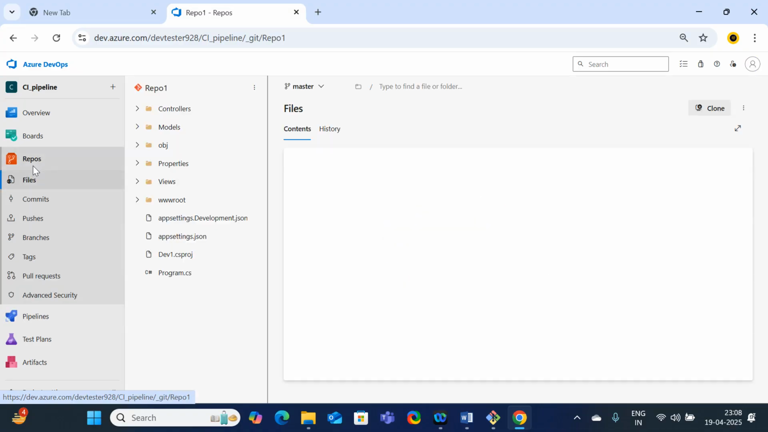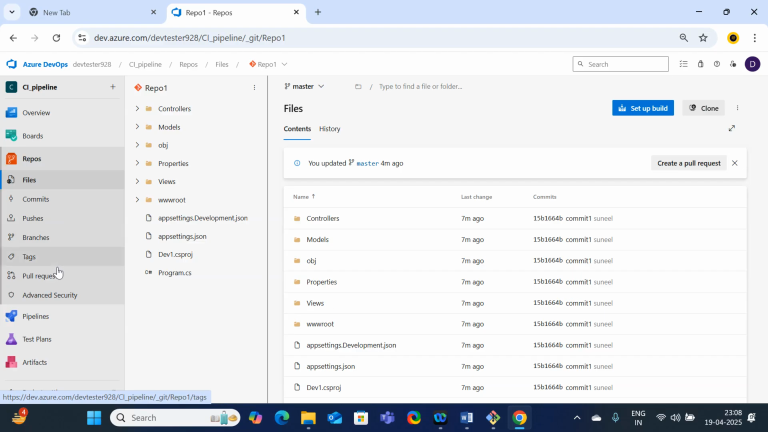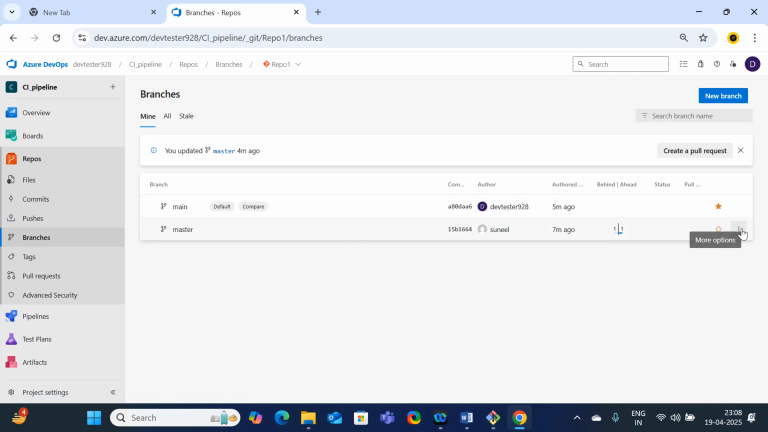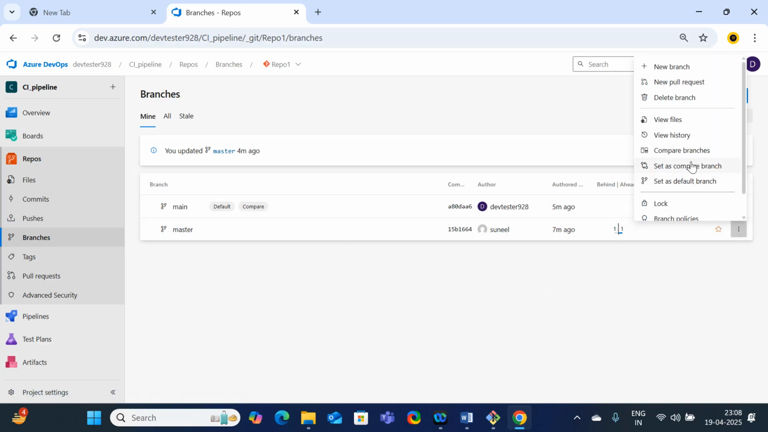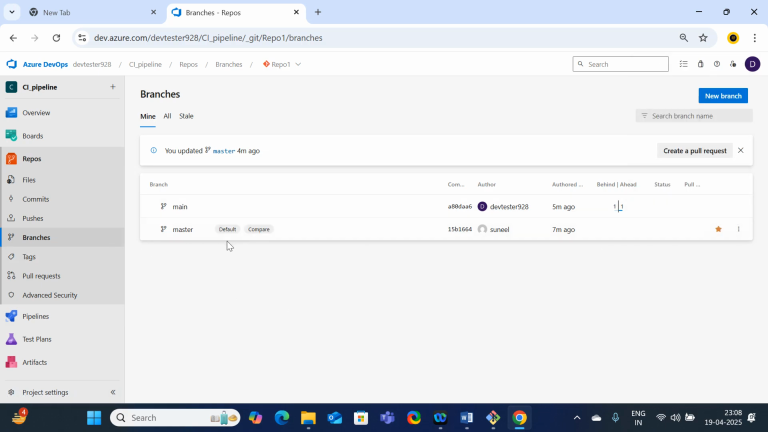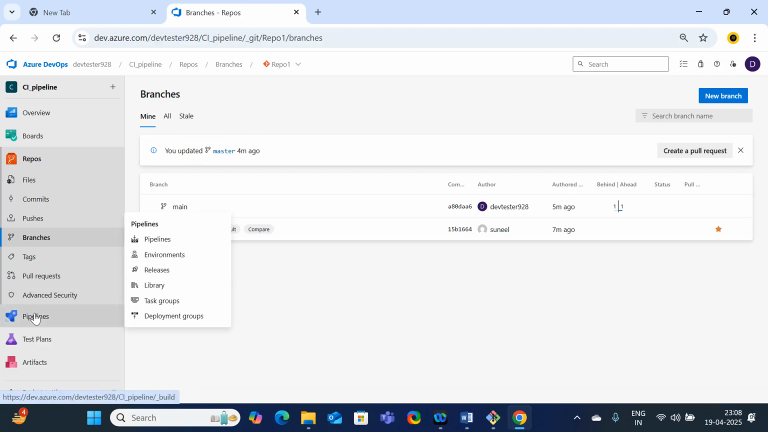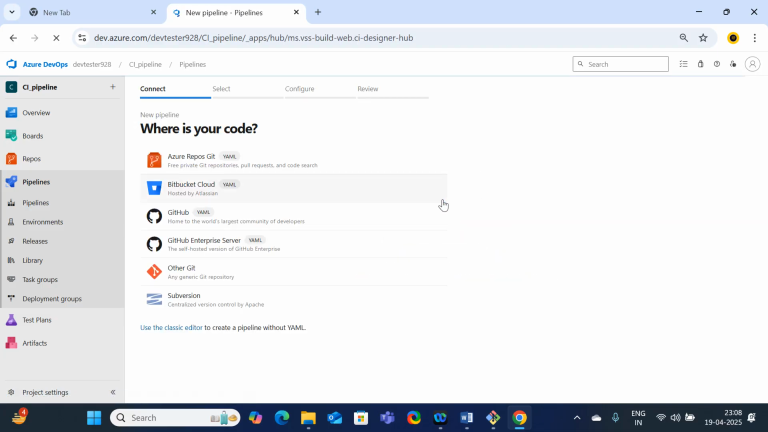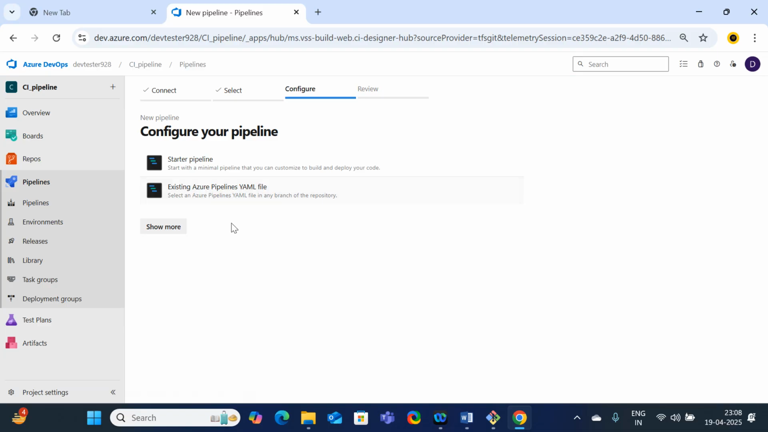For that, what you will do, click on repos and click on branches, and here click on master branch, click on set as default branch. Right now, what is the default branch? Master branch is the default branch for the repo. Which repo? Repo 1. Just click on pipelines and create pipeline, and here select as usual Azure Repo, Repo 1,